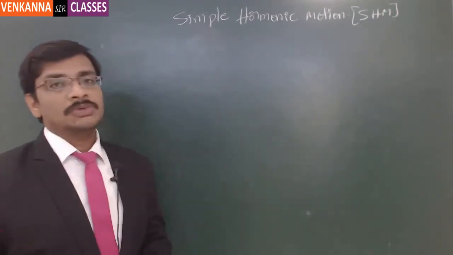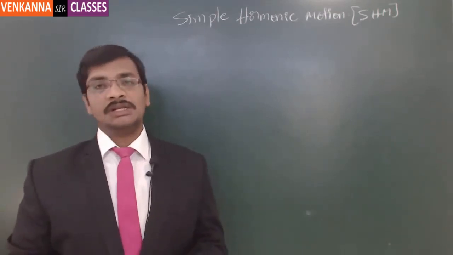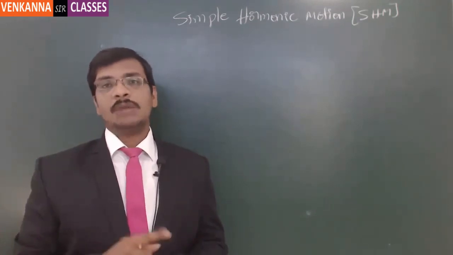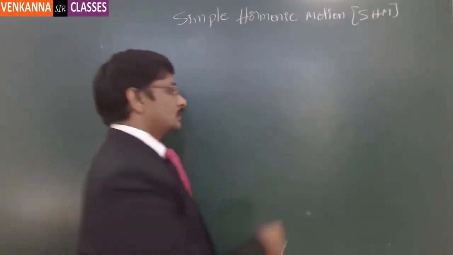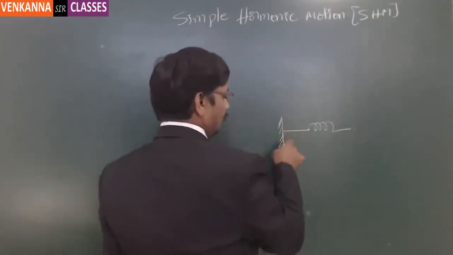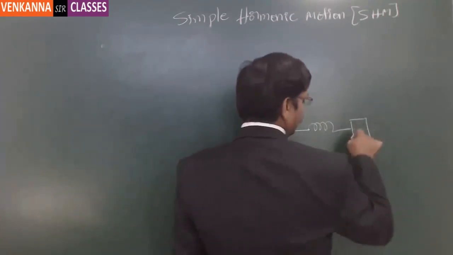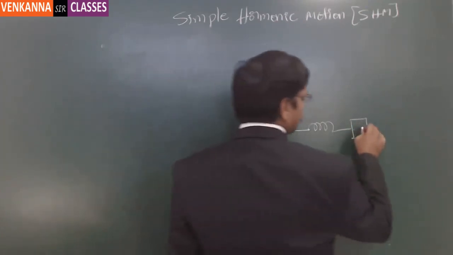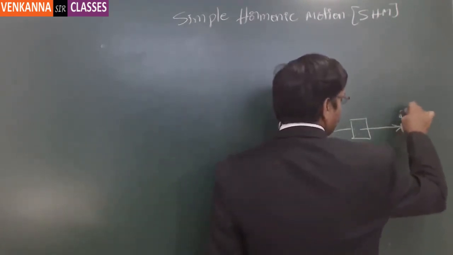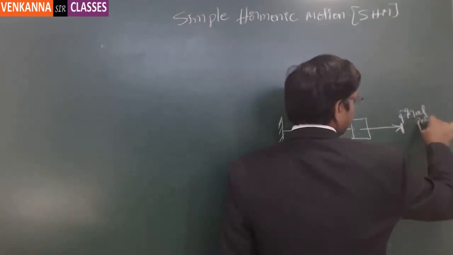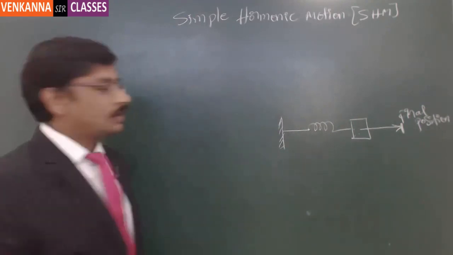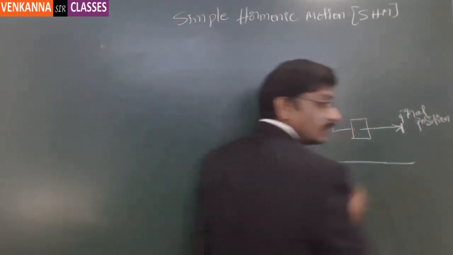In the case of simple harmonic motion, this is a specific case of rectilinear motion wherein the motion is periodic, oscillating about a fixed point. Suppose I take a spring like this, and this is the ground, and here one mass is attached. Let us say this mass is pulled to this location, and this is the final position where it stops, and then you let it go. Then what happens within this particular straight line,